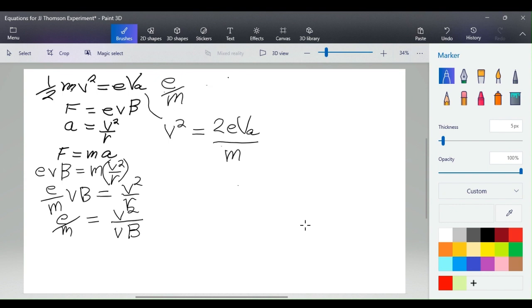Now here's where I'm headed: I'm trying to plug in V squared down here. Let's see what we get with that. Maybe it will make sense, maybe it won't. This isn't working quite the way I thought it was going to be. 2 over m. I'm just following the rules of algebra, so this should work out. Let's see, if I plug in for V squared, that's going to equal